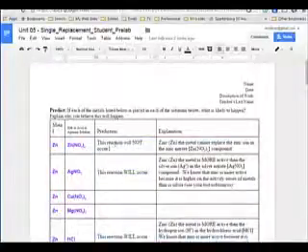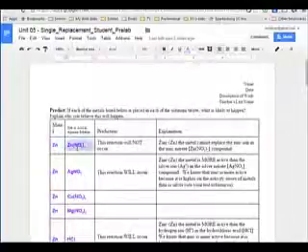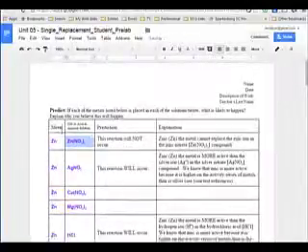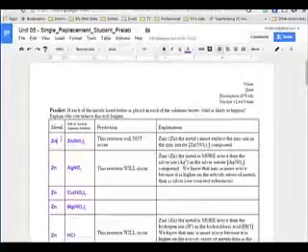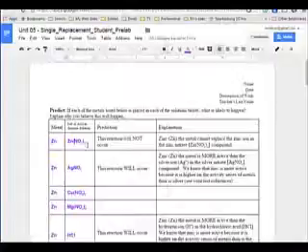Now if you're there on your computer, you'll see what I put in here for the first row. You've got zinc in this first cell and zinc nitrate in the second cell. And the point of this is that it's asking you, if you put zinc metal in a solution of zinc nitrate, what will happen? You're making a prediction about what will happen based on the stuff we've been learning about